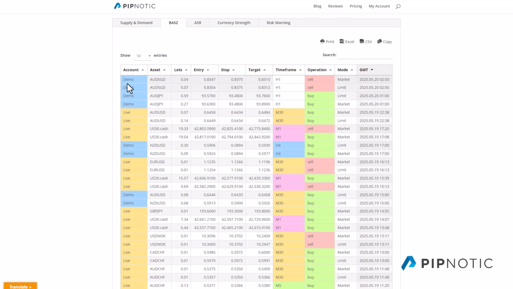And so here you can see the account type, the asset, the lots, and the information about the trade, the time frame, the operation, and the kind of order. Because the new update has married market execution and limit orders. And so it's a configuration that you can simply enable. And it's a really good configuration to use at session open. So when the Asian session is opening, or the European or the North American, you can enable it on whatever time frame, and you can let it run on assets that are going to be affected by the liquidity of that session. So for example, I like to use it on the Japanese index at the open of the